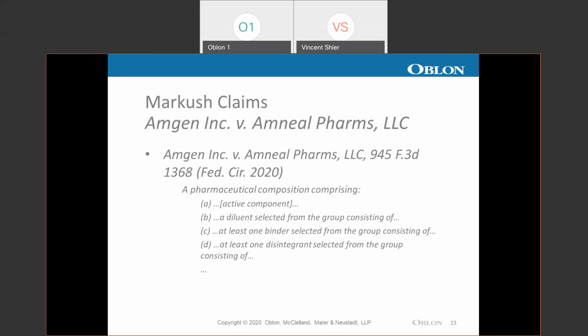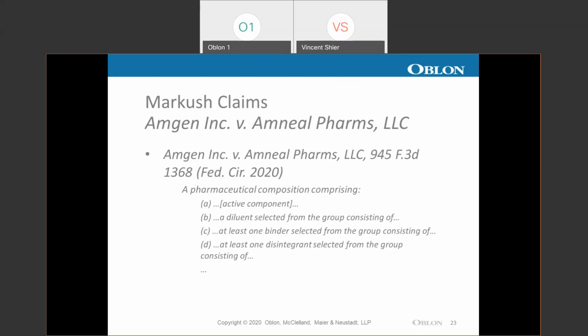In other words, the comprising language permits the inclusion of additional binders and disintegrants as long as the composition includes at least one binder and one disintegrant that are selected from each of the respective Markush groups. So the Federal Circuit agreed with Amgen, and in so doing, they distinguished over Multilayer and Shire, which construed the